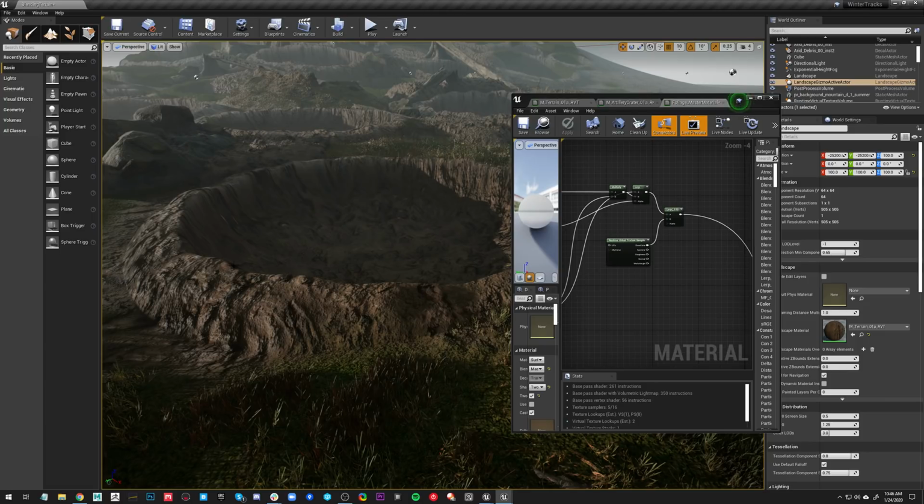Say you use the red channel: you set this edge to be red and the rest to be black in the red channel. That would allow you to blend between the world aligned texturing and the rest based on the UVs, and that would effectively get rid of any stretching that you have.